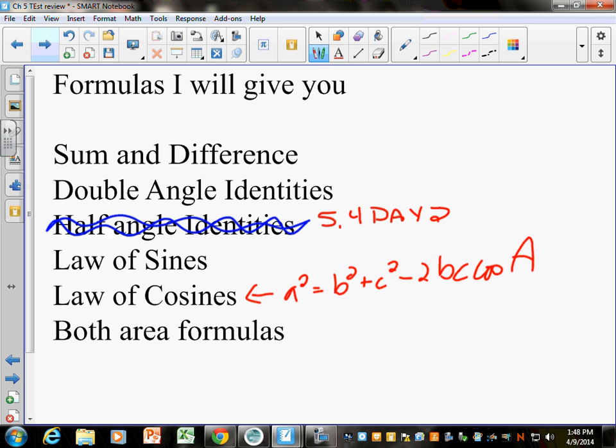I'm not giving you all 6, which means using that one formula, you should be able to do anything that I ask you, even if you're not solving for side A, because it's just switching stuff around. I'm actually going to give you the formula sheet that I'm going to give you on the test tomorrow, so that as you do your review today, you can have this so you know what's going to be on there, and plus it saves so much writing in your notes. So you'll know if it's not on this, you're responsible for knowing it.